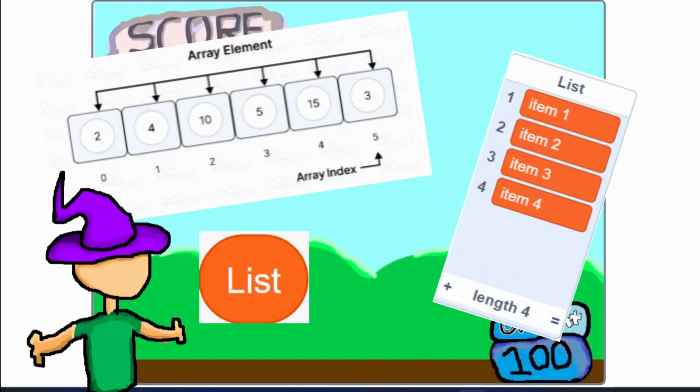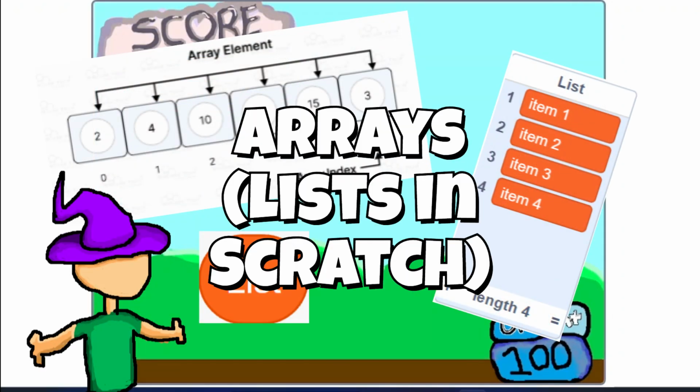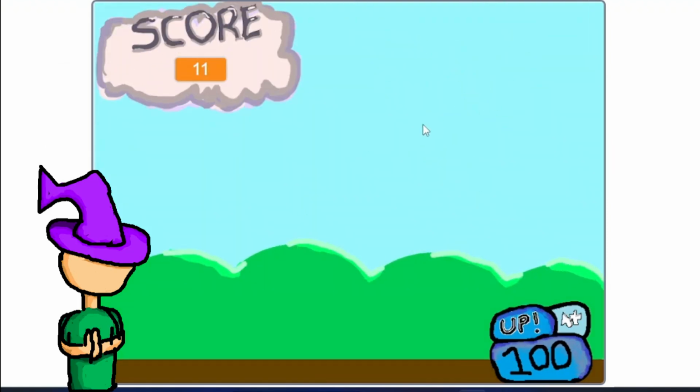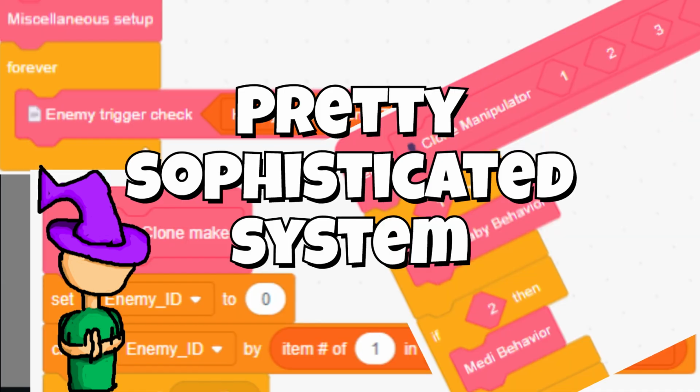When making a game, using arrays or lists, as they're known in Scratch, is one of the most powerful tools you can use. In this video, I'll be taking you through how I designed a pretty sophisticated system that hopefully will